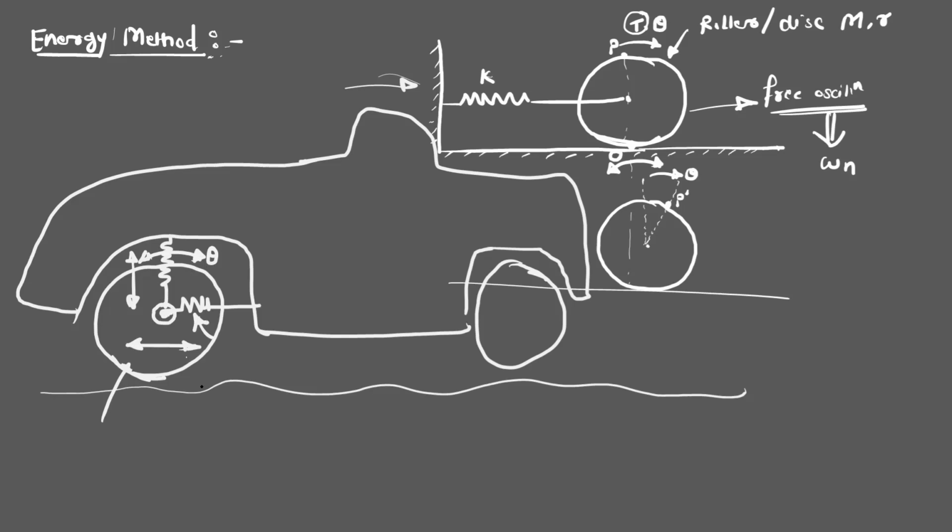So for such a physical system, its simplified model can be like this. Most of the examples for your syllabus are taken from physical systems. There will not be any question where a physical system is given and you have to model it. Simplified models are given directly in your syllabus. You have to just find the natural frequency by using either the energy method or Newton's second law. With this physical system, you will get the idea of where this model has been derived from.